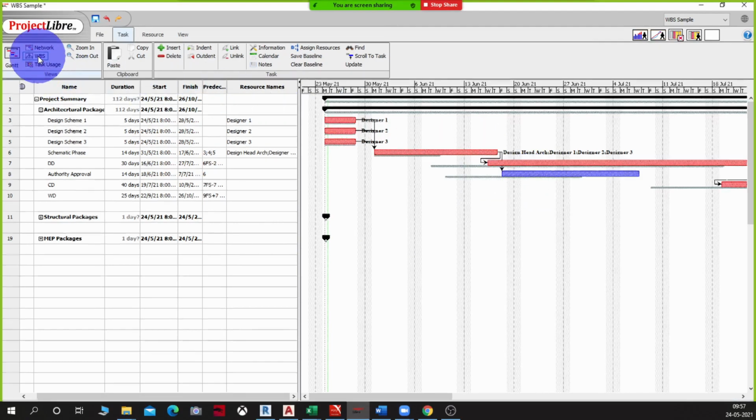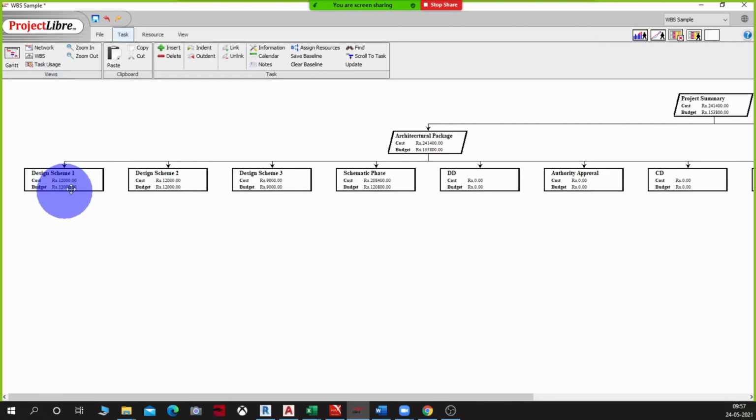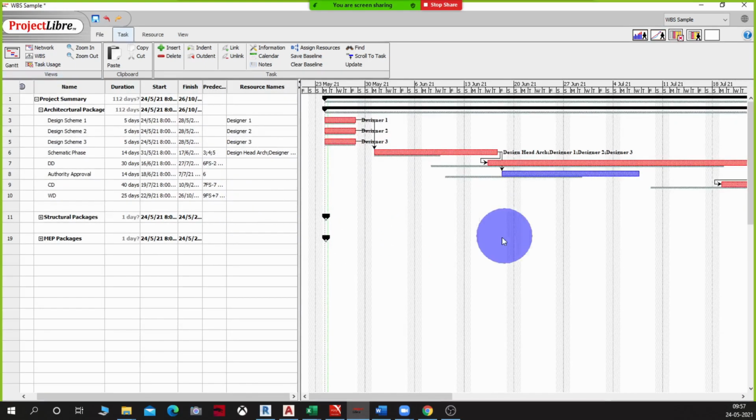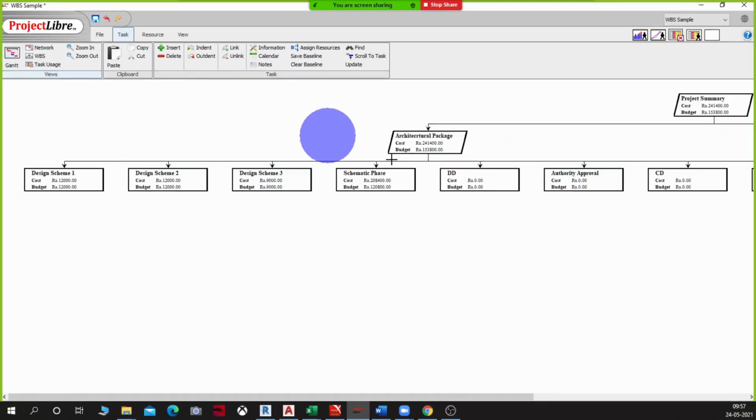Now let's come back to the WBS. You see these remain the same because the assumption is that the project has run absolutely as per plan. However, when it comes to the schematic phase, the allocated budget was roughly 1.2 lakhs, and it has now become 2.08 lakhs. This change has occurred because we have moved from our baseline. So as a project manager, I am now well aware that I need to control the next phases because I have crossed my value here.